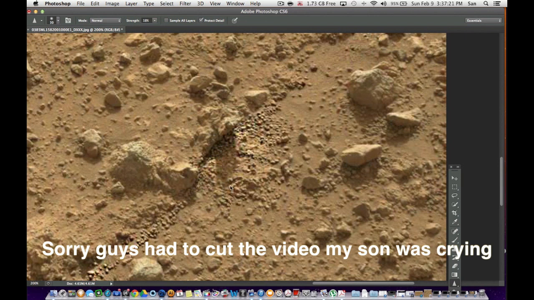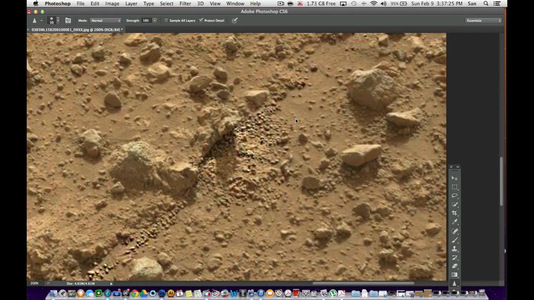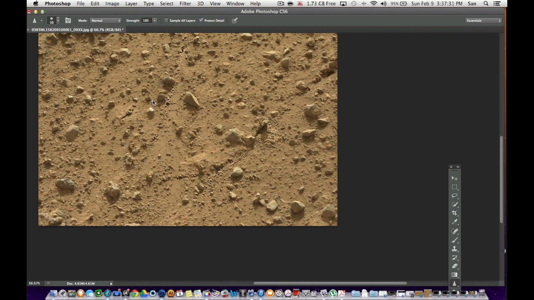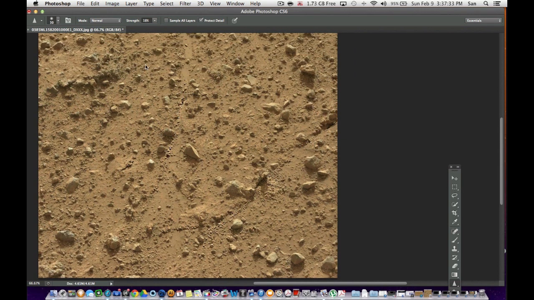This is that rock that we just found together. Now, as you can see here, I'm going to sharpen it up. All these rocks are being pushed out because look at the sand here. It's all blank. And that's pretty much it for this photo. And look, as I back it out, you can actually see the tracks. Look, check it out. Now, of course, coming from Mars, this is seasonal. So I'm guessing the water is not coming out all the time, but it is coming out.